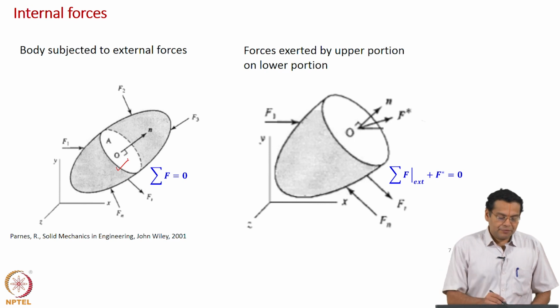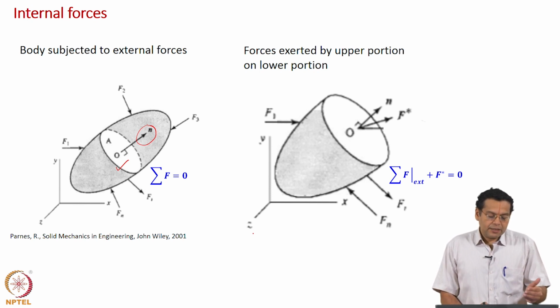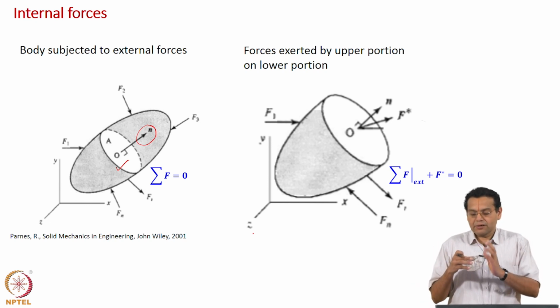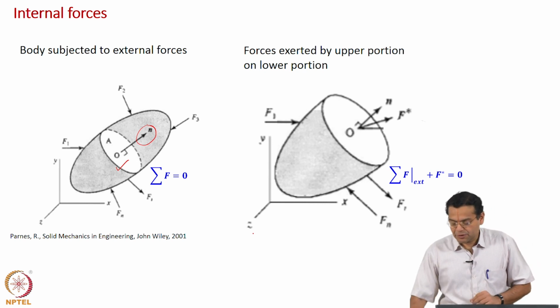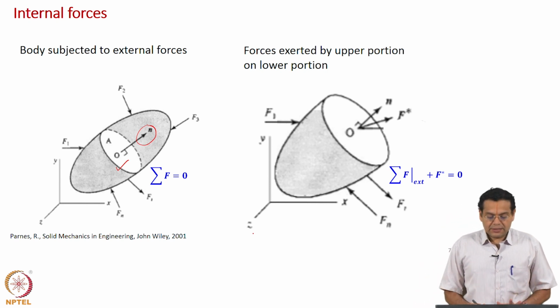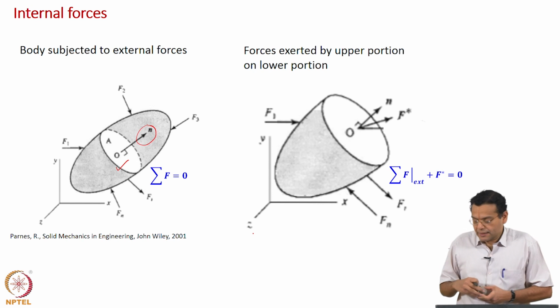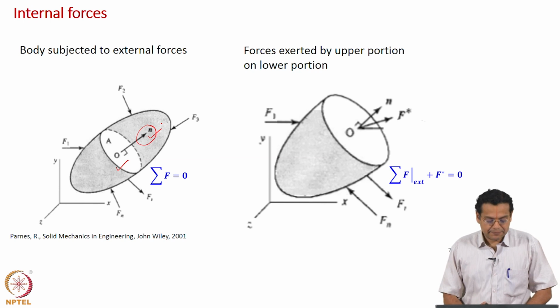So as usual we will use the unit normal drawn outside our region of interest to help identify the plane, the angle of the plane. That is what we have done earlier also. For control volume we have taken an outward normal to identify the direction of, for example, if this is the surface, then we take this as outward normal. So this helps identify the direction of the surface. But now we have taken an object and made a section, and at that point I pass a plane, and the orientation of that plane is identified using the outward drawn normal vector.